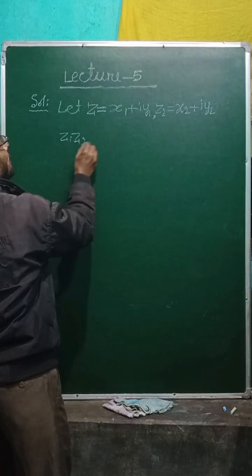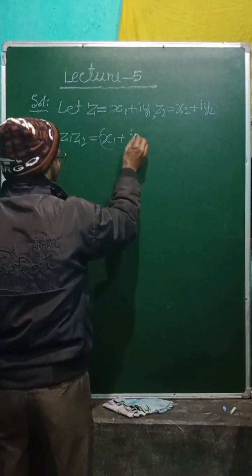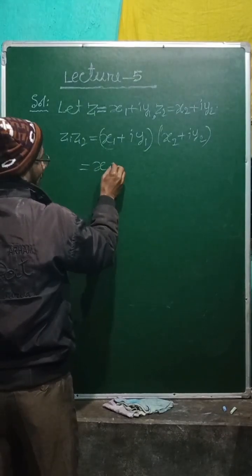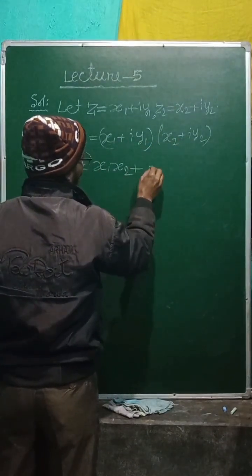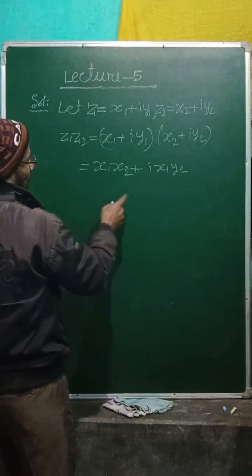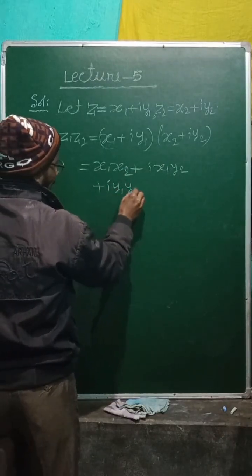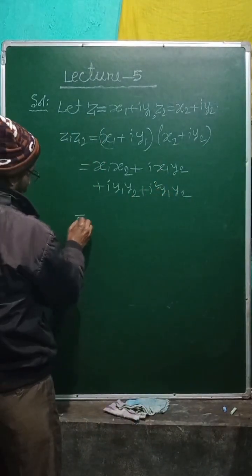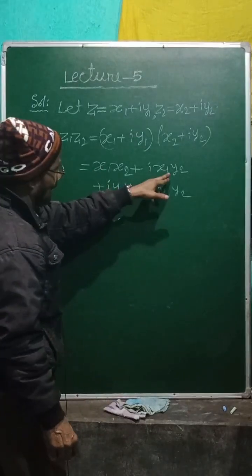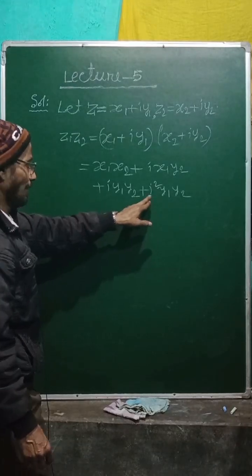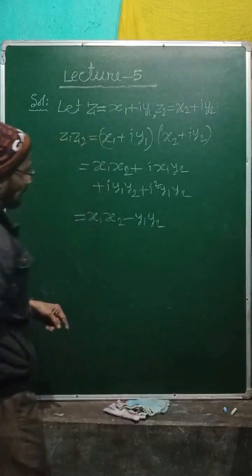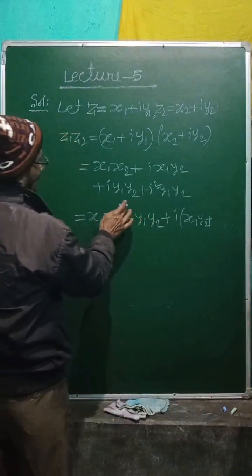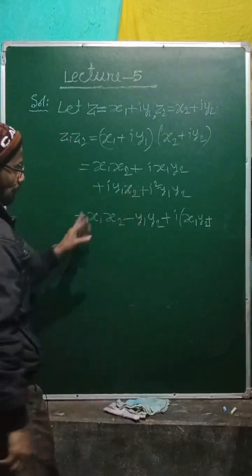So therefore z1 into z2 equal to, by putting the values, x1 plus iota y1 into x2 plus iota y2 is equal to, simplify, x1 x2 and then plus iota into x1 y2 and then plus iota y1 x2 and then plus iota y1 into iota y2, so iota square into y1 y2 equal to, we can write x1 x2, and these are iota mixed, but here also iota mixed, but iota square is minus 1, so plus minus minus y1 y2, and here these two terms iota can be taken common, so plus iota into x1 y2, and this is y1 x2, so plus y1 x2